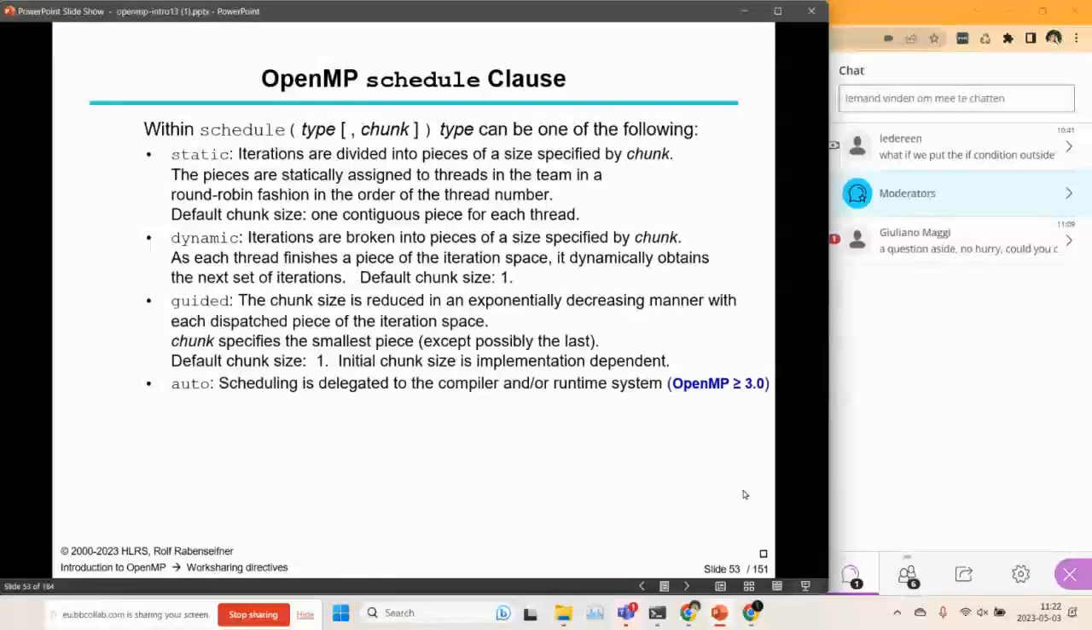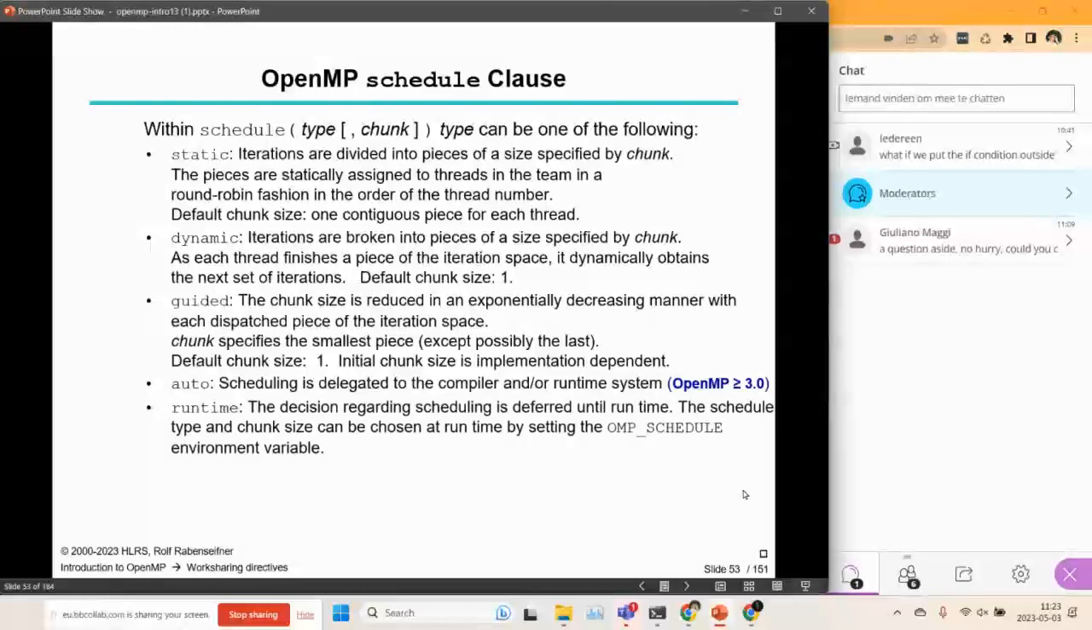Okay, and then there is auto. Yeah, figure it out, do your thing, whatever, leave it to the runtime. Okay, yeah, you can do that. Feel free to try. And then there's also runtime, and that's nice because that allows you to control the schedule